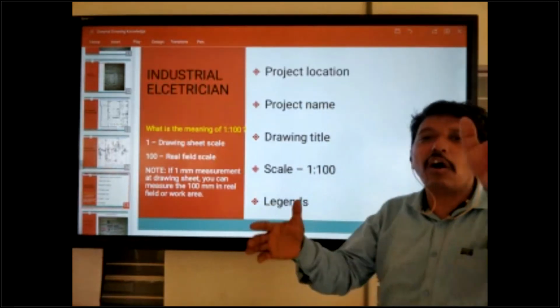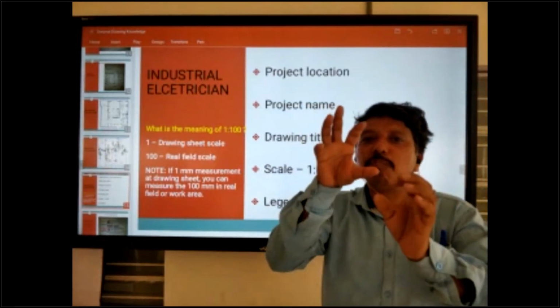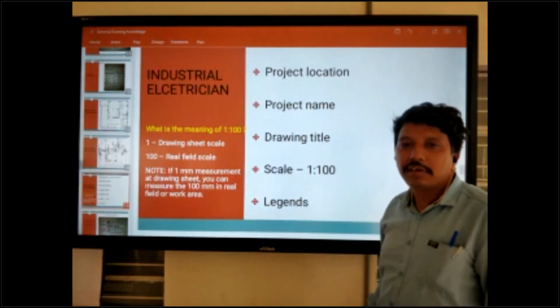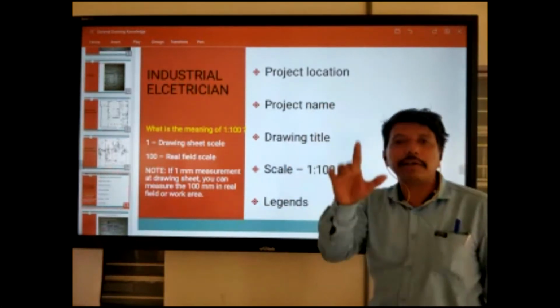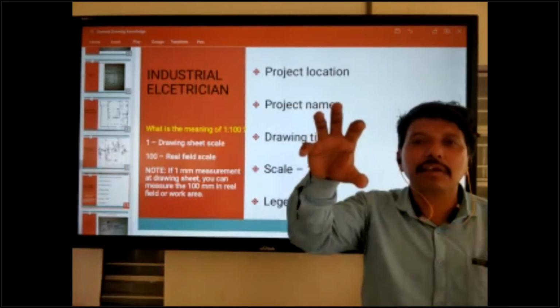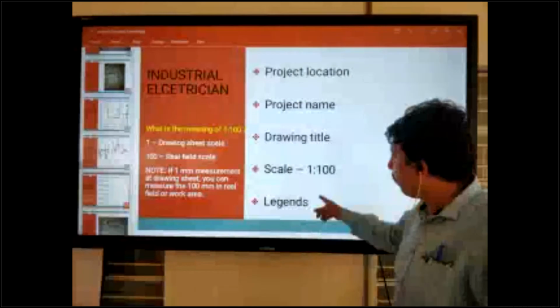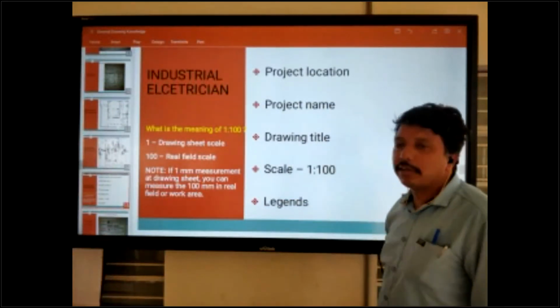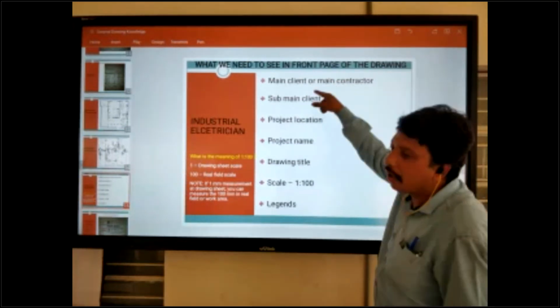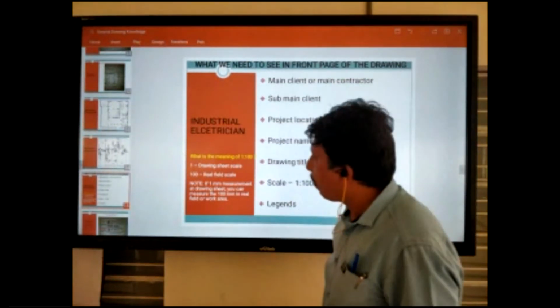So if you are confused about what a symbol means, you can go to the legends. They have explained it: this symbol means switch, this symbol means light. Okay, legend. All of these are on the first page, the front page of the drawing.